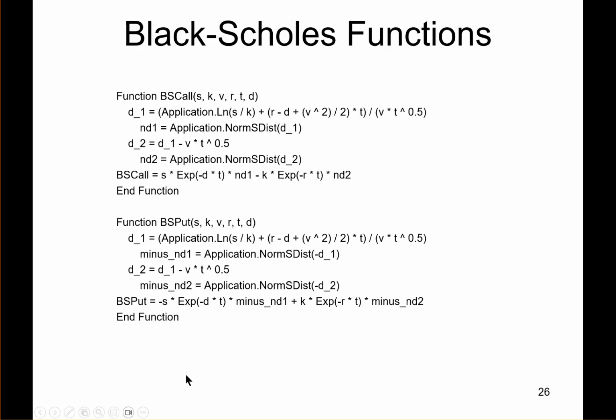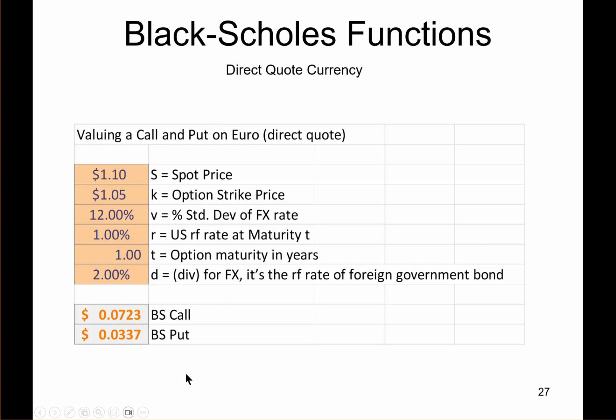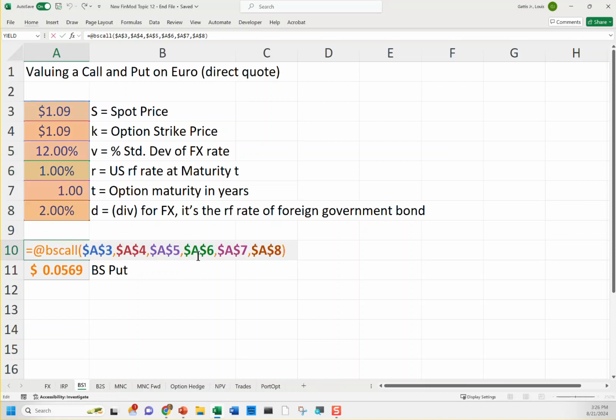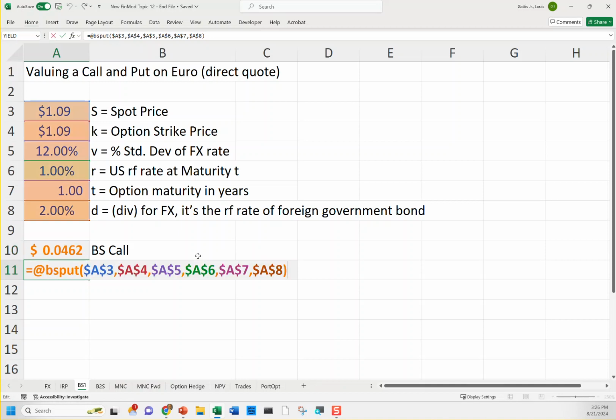So here are the Black-Scholes call and put functions. And here is the example. I'll go to a spreadsheet where it says BS1. Here's a spot, say the spot price of the euro is $1.09. You want a $1.09 strike price to buy euros 1 year from now. Say euro interest rates are 2% and the volatility of the exchange rate is 12%. The Black-Scholes call price is 4.6 cents per euro. So for every euro you pay in this contract, you pay about 4 cents, and the value of the put is